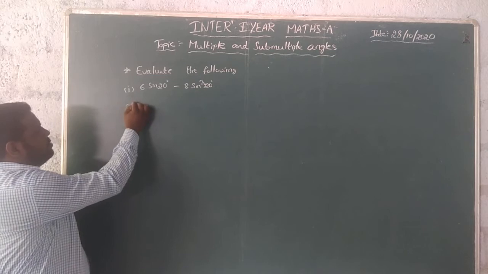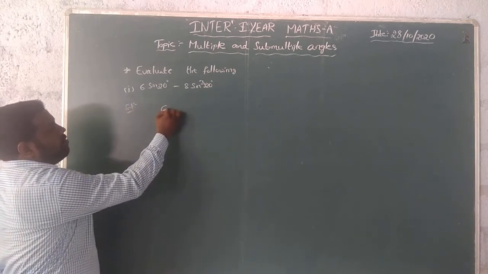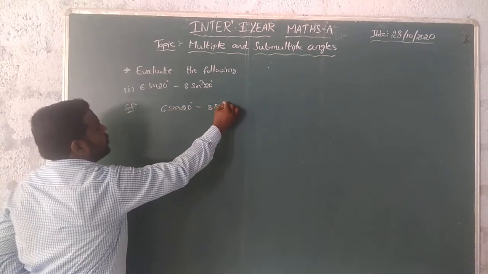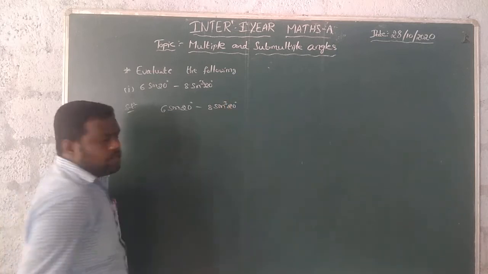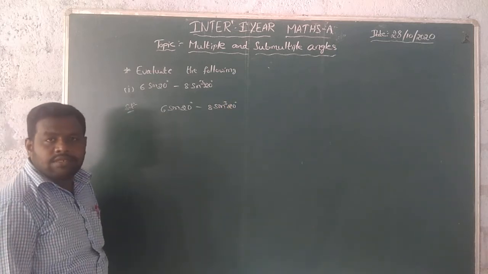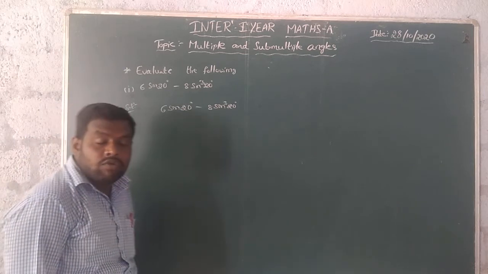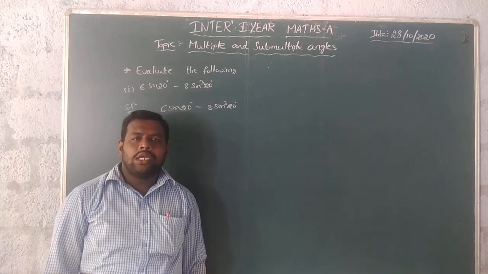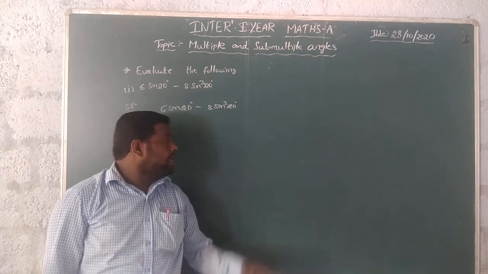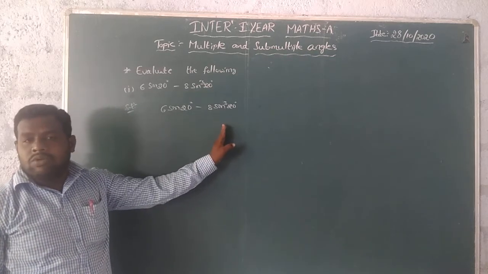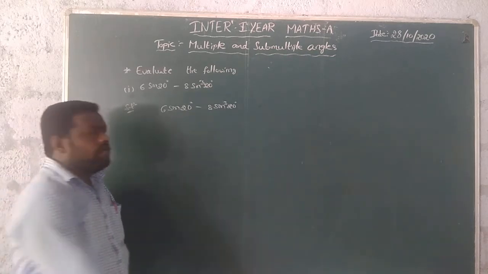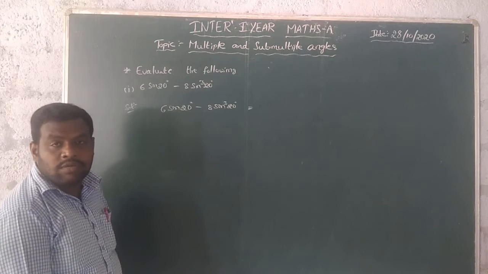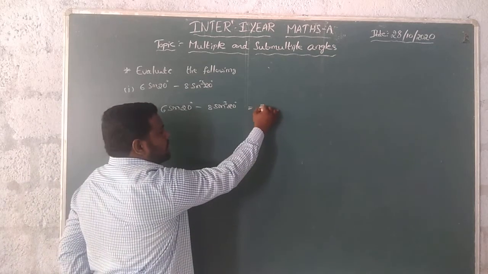Okay. We have to evaluate which function, 6 sin 20 degrees minus 8 sin cube 20 degrees. Here we don't know the value of sin 20 degrees. We know the values of only 22 and a half degrees, 67 and a half degrees, 18 degrees, 36 degrees. But in these two terms, which is the common term? 6, 8. Students, what is the common term? We get 2 as the common term.